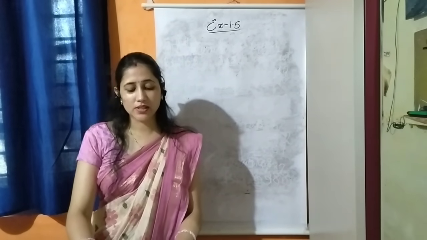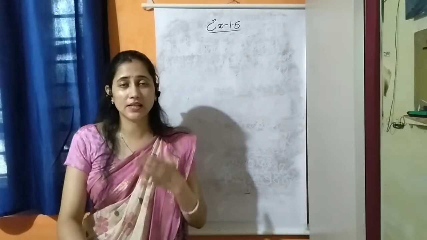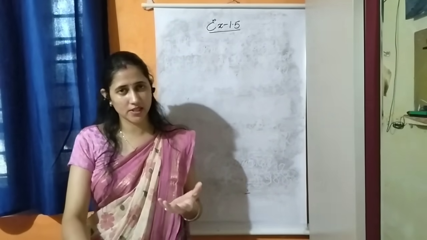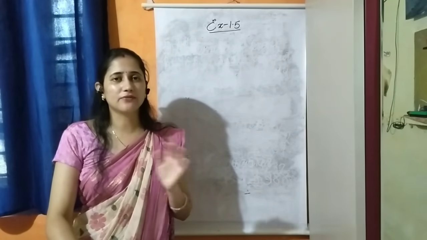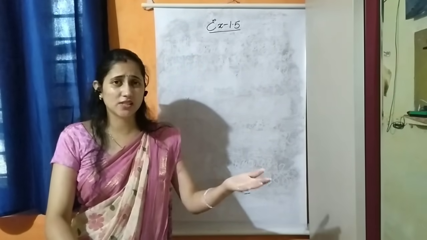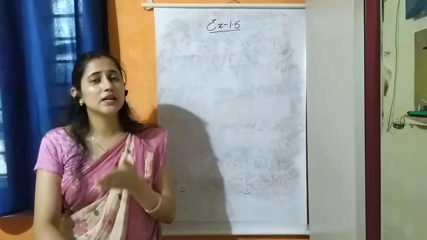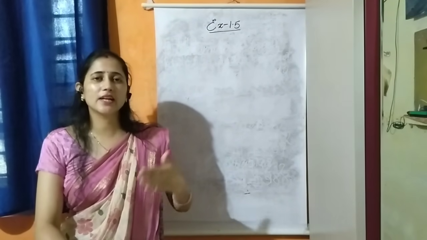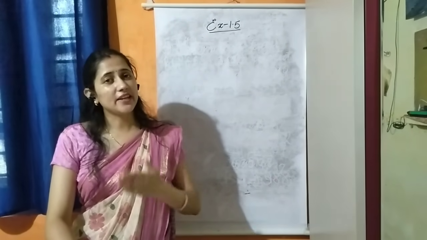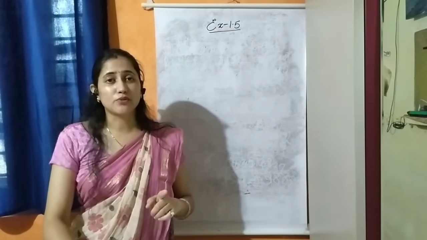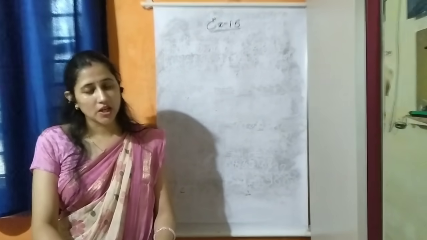So, students, in our first video, I explained to you how to find the successor and predecessor and what a successor and predecessor are. A successor is the number which comes just after the given number. What comes just after is a successor, and what comes just before is a predecessor. For finding the successor, we add 1 to the given number, and for finding the predecessor, we subtract 1 from the given number. Okay, students, now let's start.